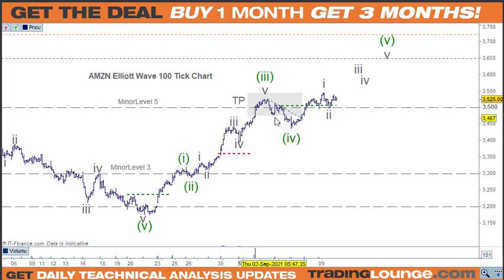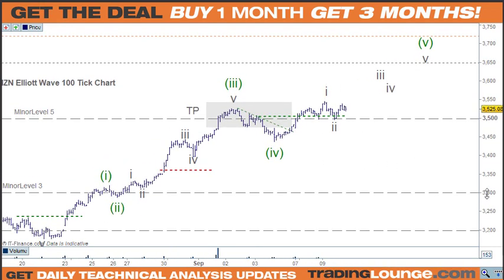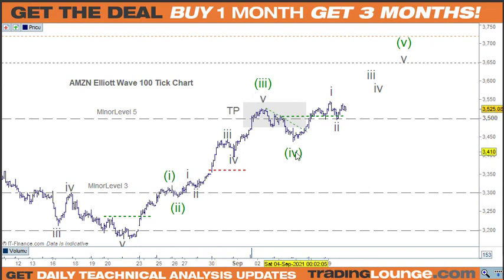It did appear that we had a 3-wave move here, so that means that we could go long again here and here. So if this is wave 1, 2, 3, 4 here, first of all, is it possible that we can put wave 5 on this top here and be done with it? Yeah, I think there's a case for that, but the move down from the top here doesn't appear to be in 5 waves. It appears to be in 3 waves, so I've labelled it an impulse wave to the upside as 1 and 2 and 3, 4, 5.